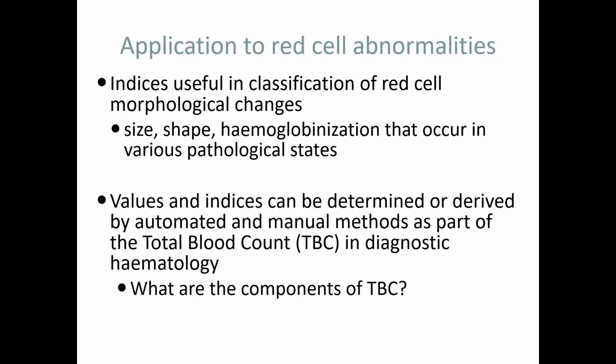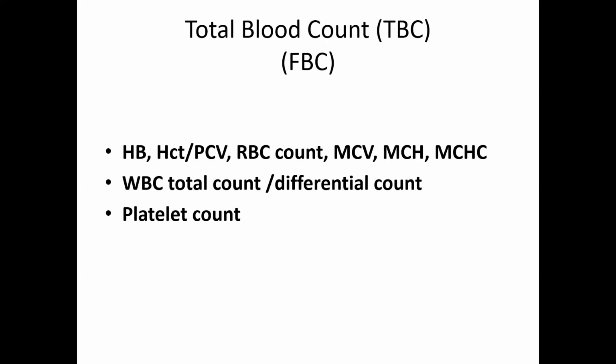This is the count used in hematology when looking at the blood cells, where we look at the red cell counts, the white cell counts, and the platelets, and we look at the various indices. So these are the components of the total blood count, and you can see the red cell